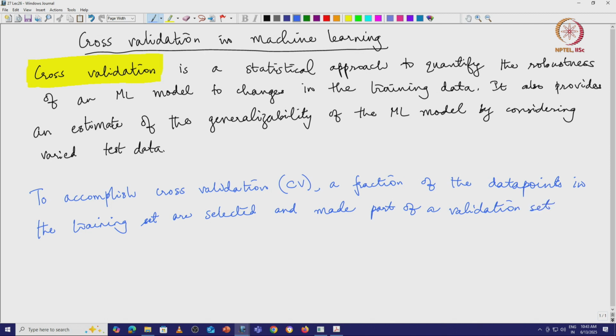Okay, so this is some new terminology that we are introducing. So there is no longer just a train and a test set, there is also something known as a validation set,